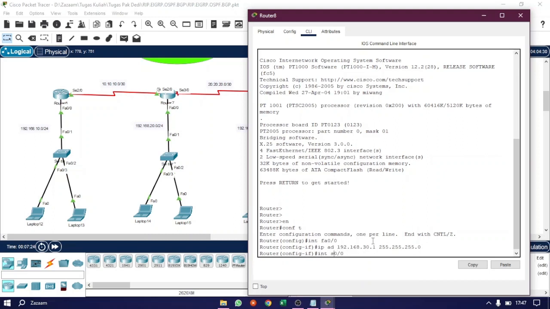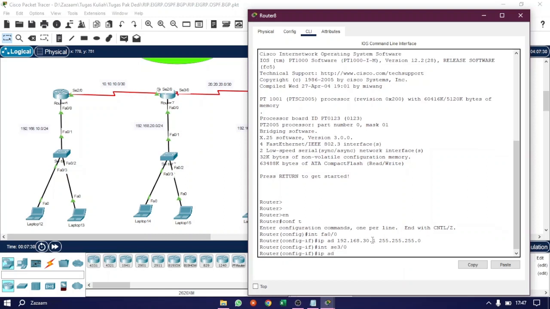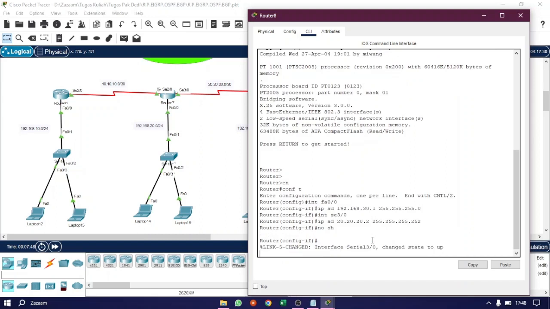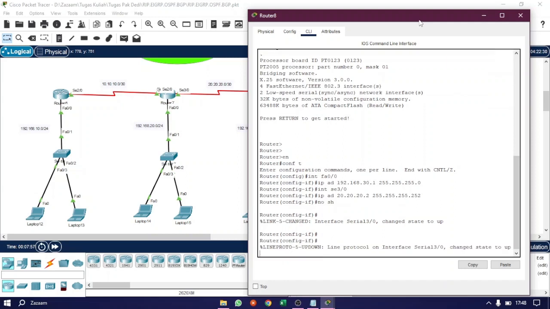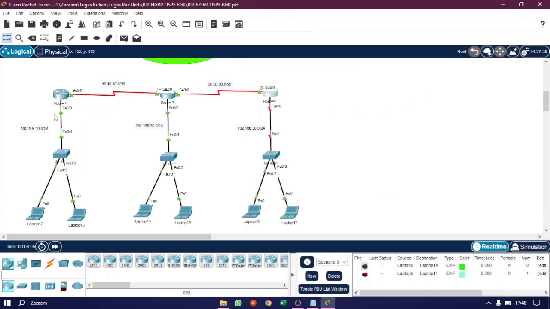Interface serial 3/0, IP address 20.20.20.2, 255.255.255.252. Enter. No shutdown. Okay. The IP addresses are now already linked, so we can configure